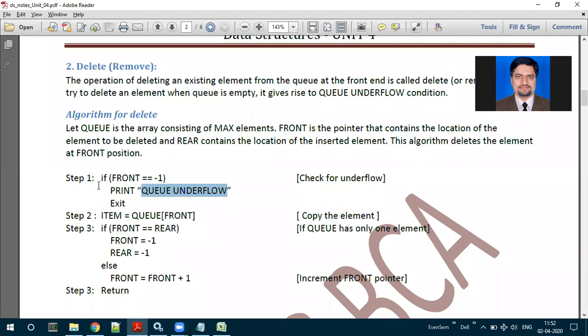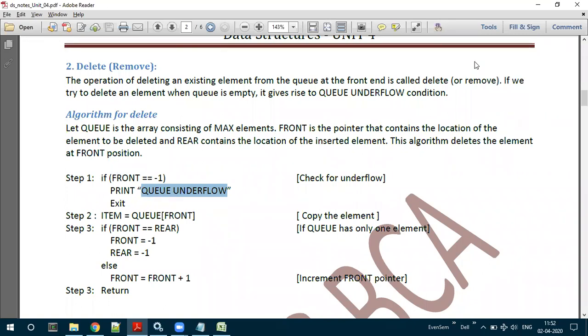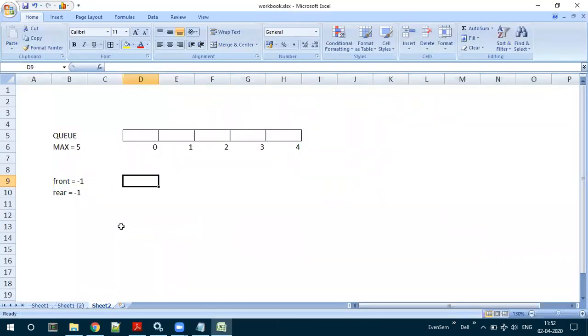Now, the second possibility is that the queue may not be empty. The queue contains certain elements. In this stage, we will encounter two scenarios. Assume that we have one element.